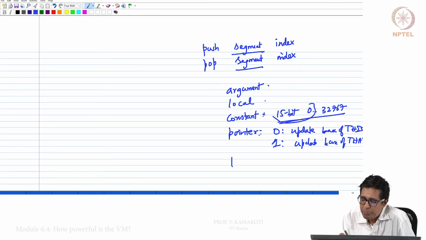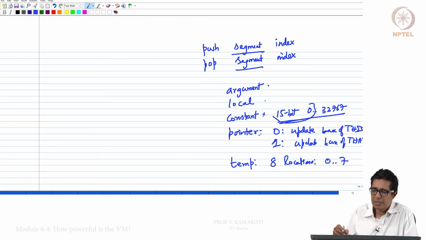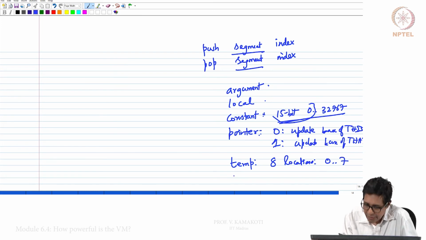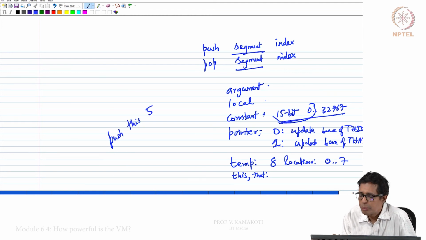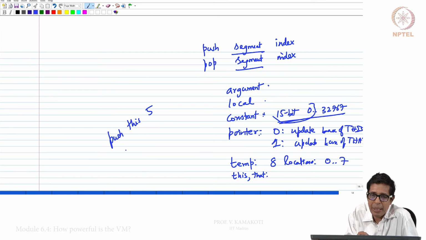Then I could have temp, which is just a maximum of 8 locations, that is index 0 to 7, which I can use for some temporary computation if needed. Then I can have this comma that. So if I say push this comma 5, it will go to pointer 0, that will give you the base address, to which you will add 5.